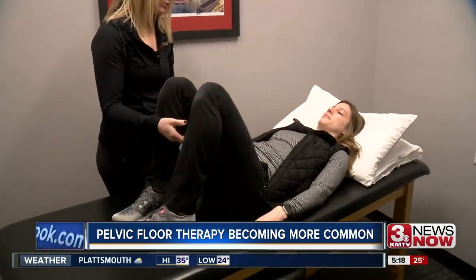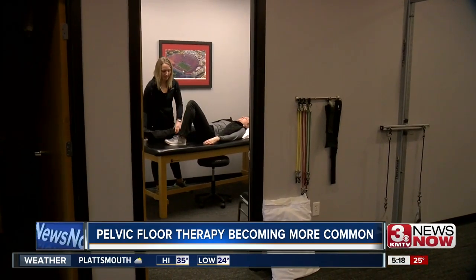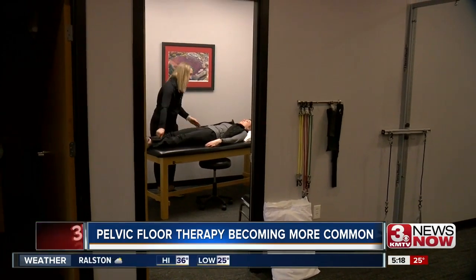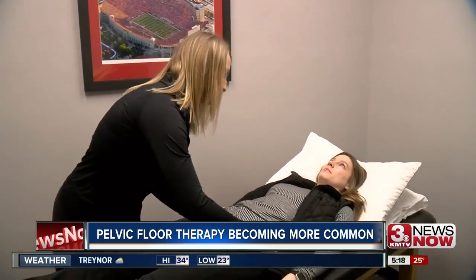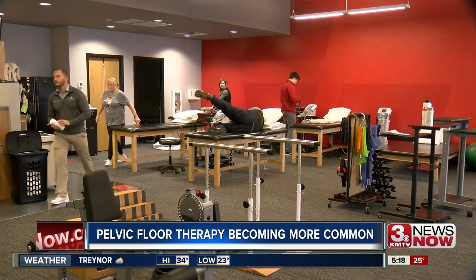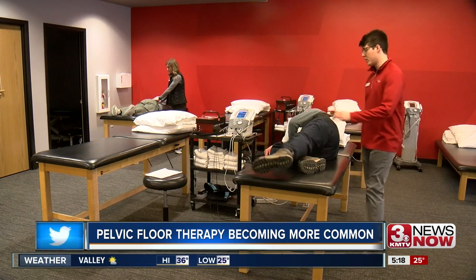If you could just bend your knees up, both of them, bridge your hips for me, back down. It's a type of physical therapy that hasn't been that common until now. Everything in the pelvis looks nice and even, so there's an even pull on those muscles. According to physical therapists at Makovica Physical Therapy in Omaha, pelvic floor therapy is becoming a more well-known form of